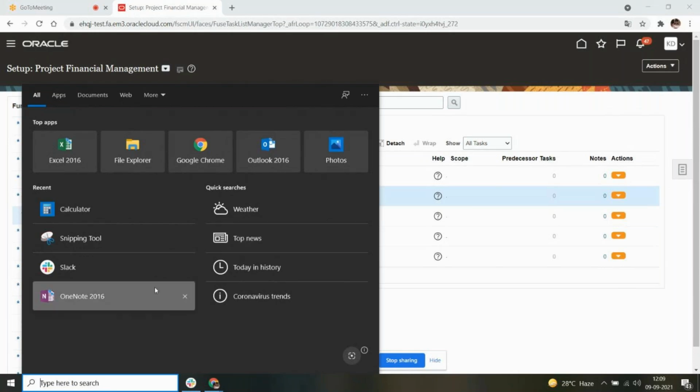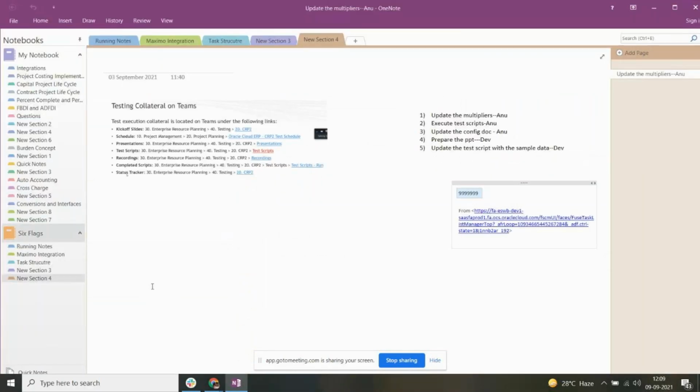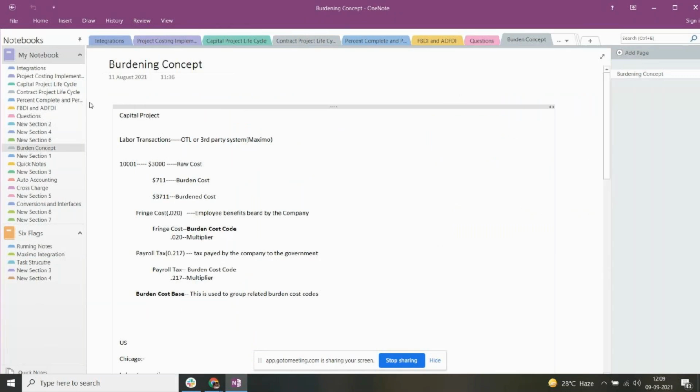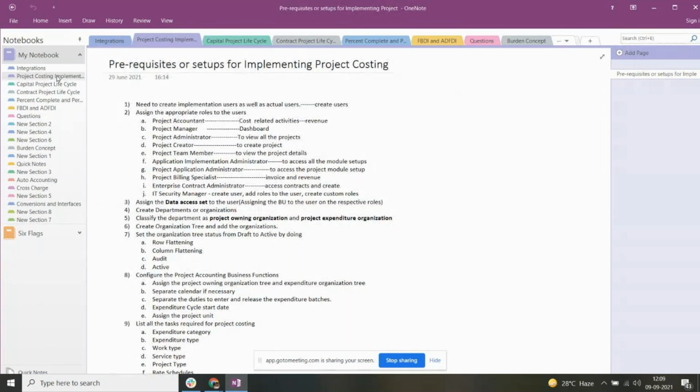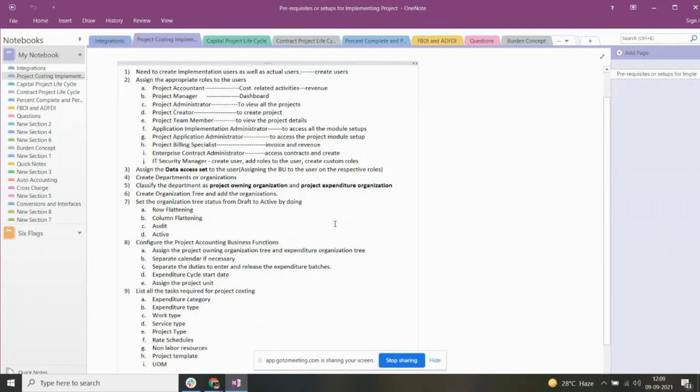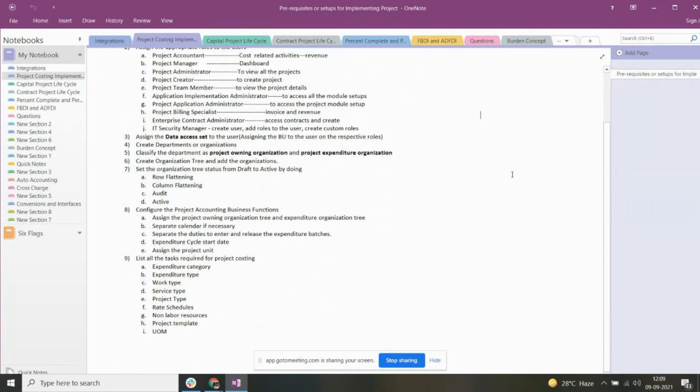So in order to create organizations and to classify them, first we have to create departments. That's what I have shown here. We have to create departments, not organizations.